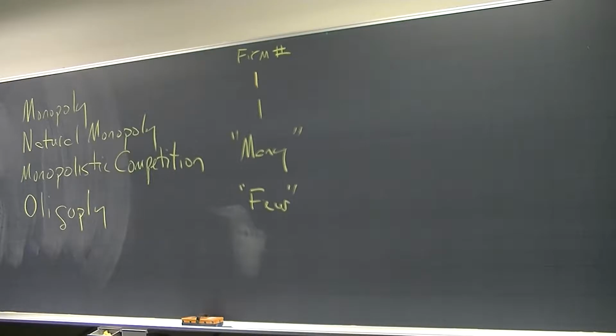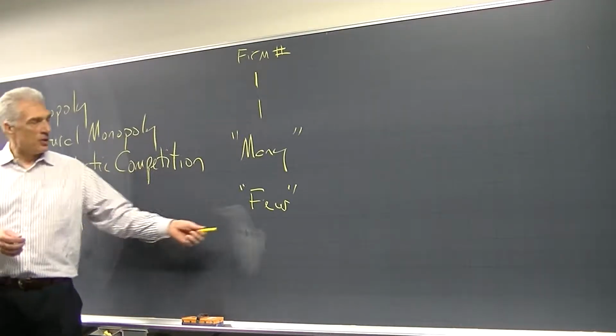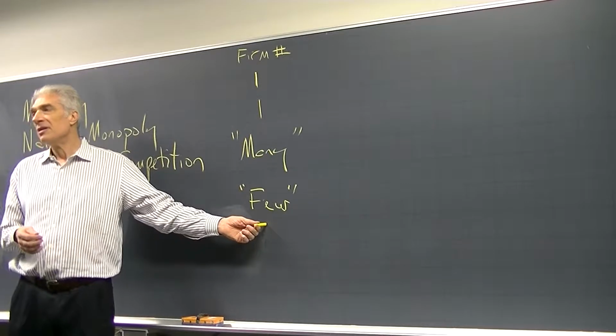And Johan and I were talking before the class, there's a lot of things in economics that are a bit of what we call hand-waving. There's a little bit of fuzziness, and some of it's unavoidable. It's not like we have mathematical precision because we're talking about oligopoly. Well, how few is few? Well, we don't really know.